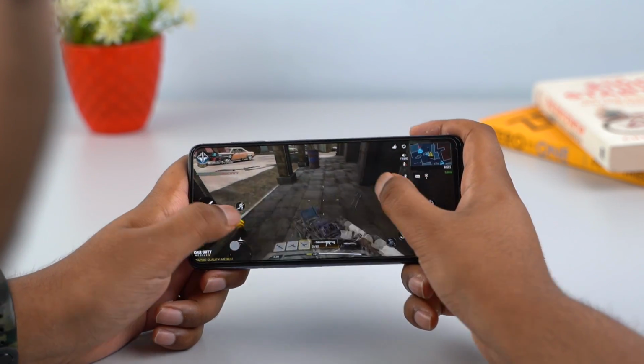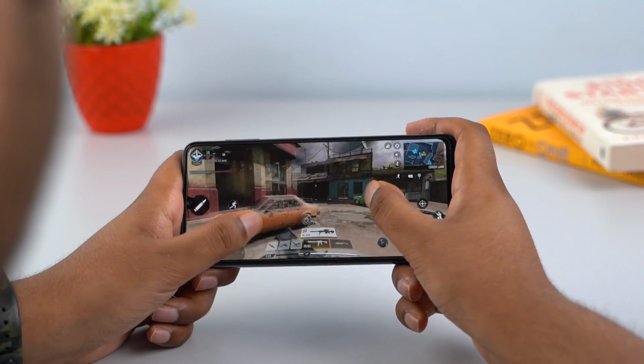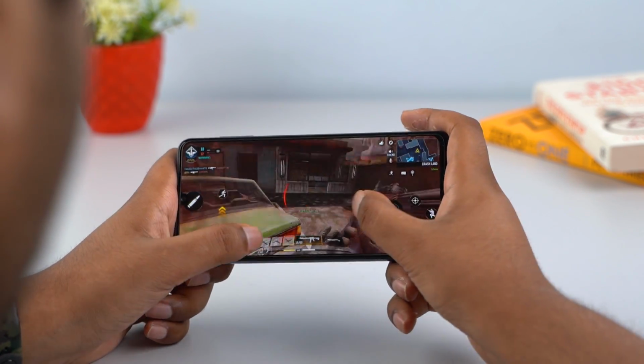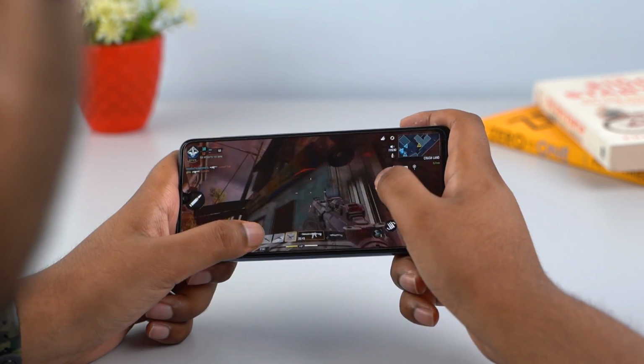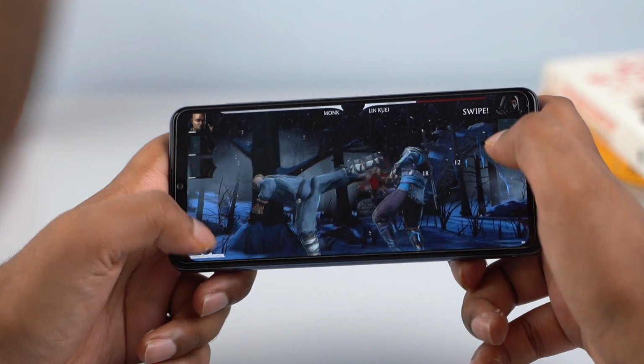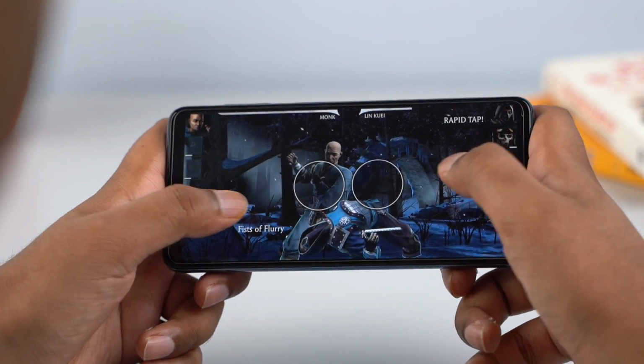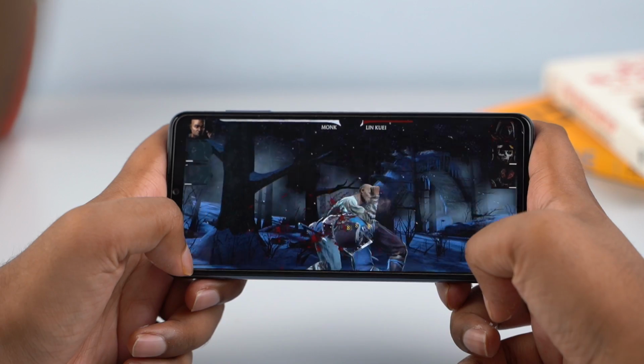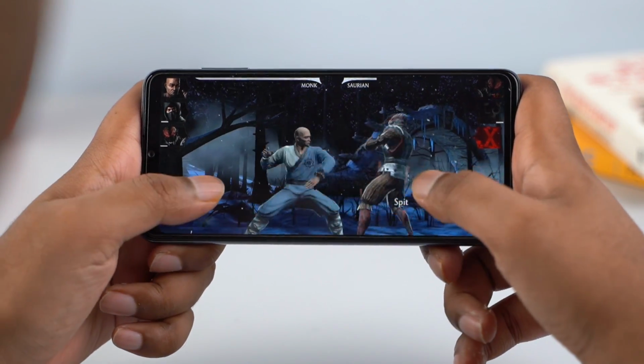Call of Duty Mobile, which is one of the optimized games to run even on low-end chipsets, plays smoothly on the Galaxy M32 at medium graphics and high frame rates. Similarly, higher FPS games like War Games, Critical Ops, and Mortal Kombat run smoothly at 90 FPS and fully utilize this 90Hz screen. So it seems like Samsung has optimized games to run fairly smoothly on this phone despite the